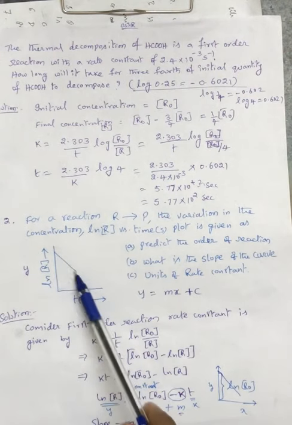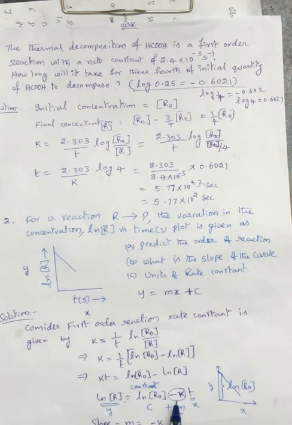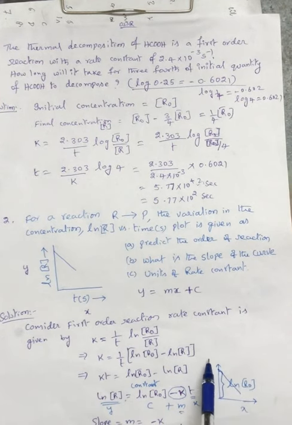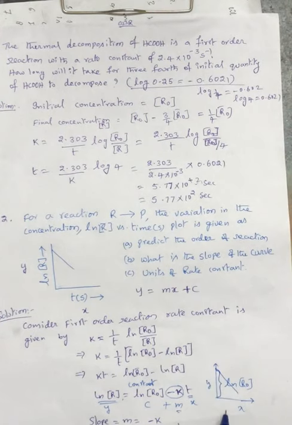So m should now be minus k, because you can also see the plot says it is a negative slope, so m is minus k. ln R naught is the c, that's the place where it intercepts, from here to here. The intercept is ln R naught, because it is ln R, this much is my R naught, clear? So the intercept is ln R naught. Slope is dy by dx, the difference in y to the difference in x, which equals minus k. So it is exactly following this particular integral equation, correct?